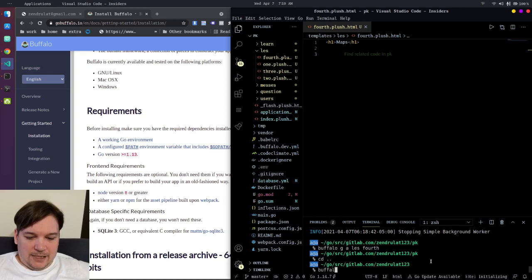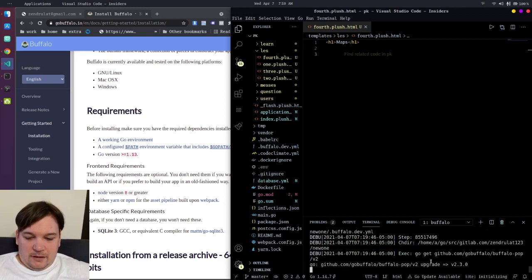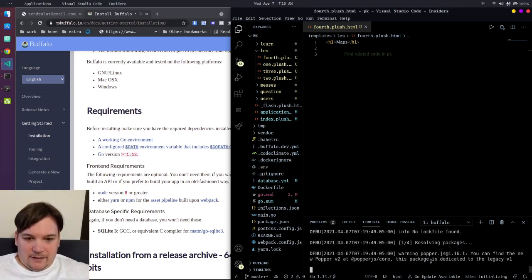In order to make a new project with it, it's kind of like how Angular did it with the CLI. Buffalo new, and then whatever the project name is going to be. We can do, you know, new one. You can generate one with just that, but it's preferred that you put the database type. I'm going to do MySQL. You could do Postgres, whatever, and you just do dash dash db dash type space MySQL,